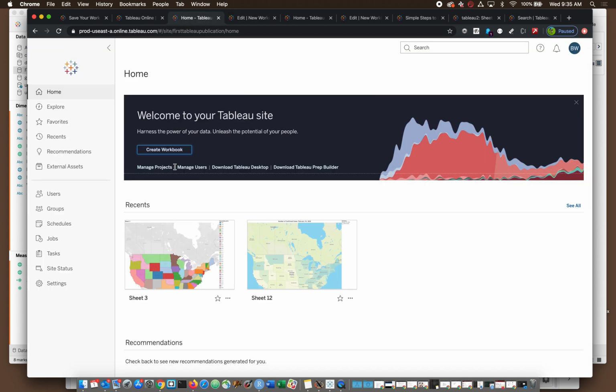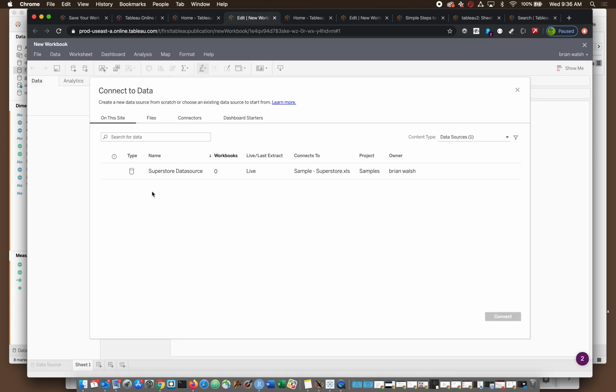Oh, in case it's not clear, when you are signing up for Tableau Online, the 14-day trial, there's a checkbox if you want to download Tableau Desktop. We already have it. That's the name of the thing that we have. So anyways, I clicked create a new workbook, and the first thing it wants is to connect to a data source. I'm going to close this